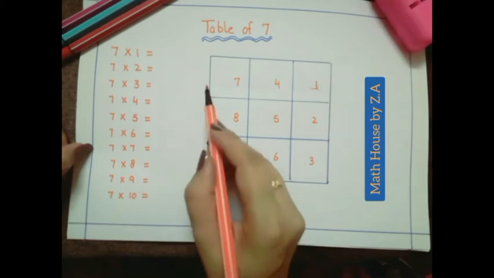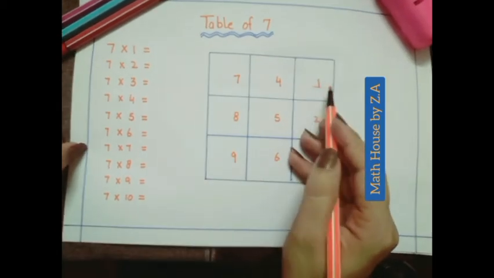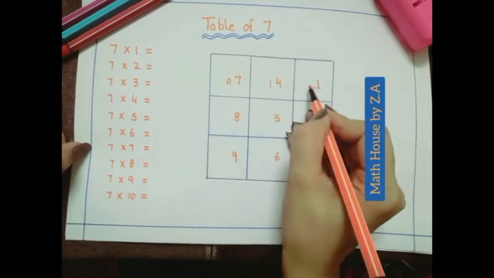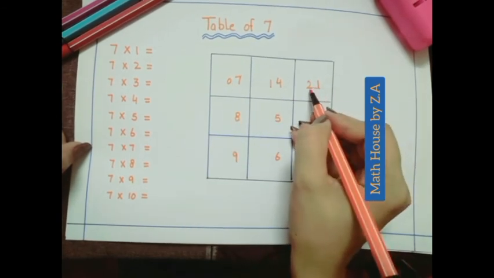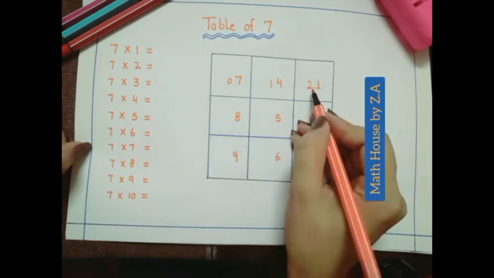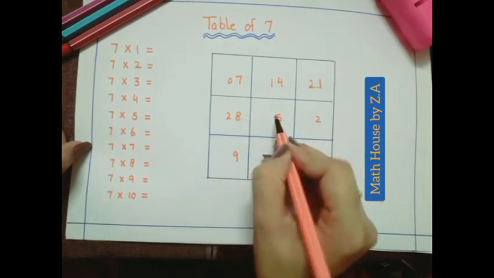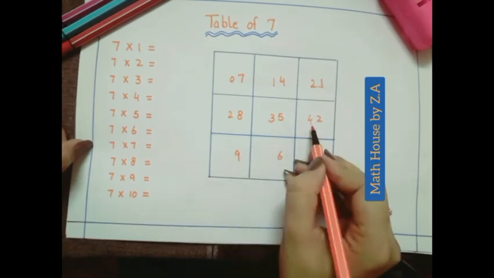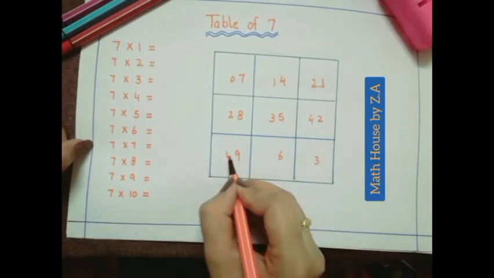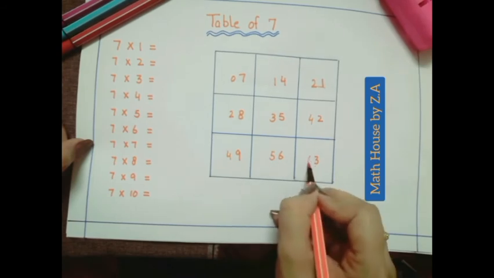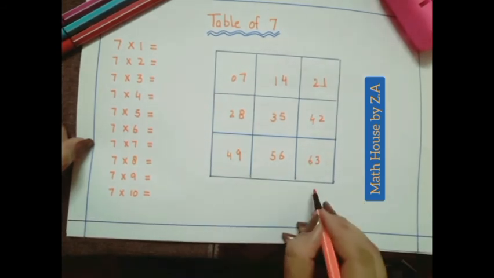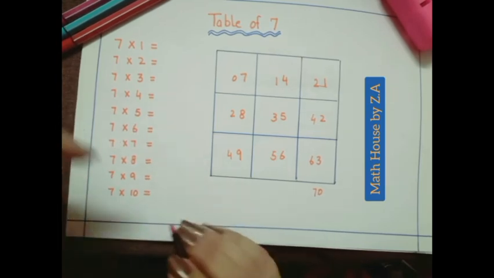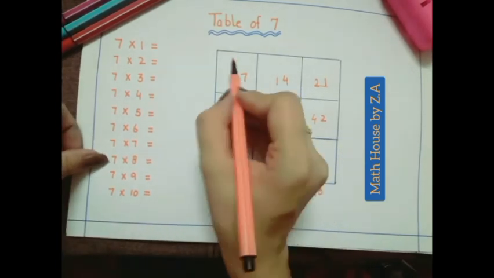Now moving across from left to right in the first row: 0, 1, 0, 1 and 2. When you move down to the next row, repeat the last digit. So writing here 2, 3 and 4. Again when you move to the next, repeat the last digit, that is 4, then 5 and 6. And the last number is 70. So now write the table by using these numbers.